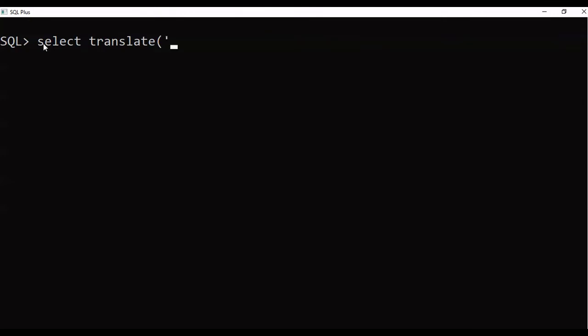There is a string called Jatin, and I want to replace a with i, so I will specify a comma then i, from dual. Now here you can see Jatin has become Jitin. You can use this translate function to replace any character from any string.